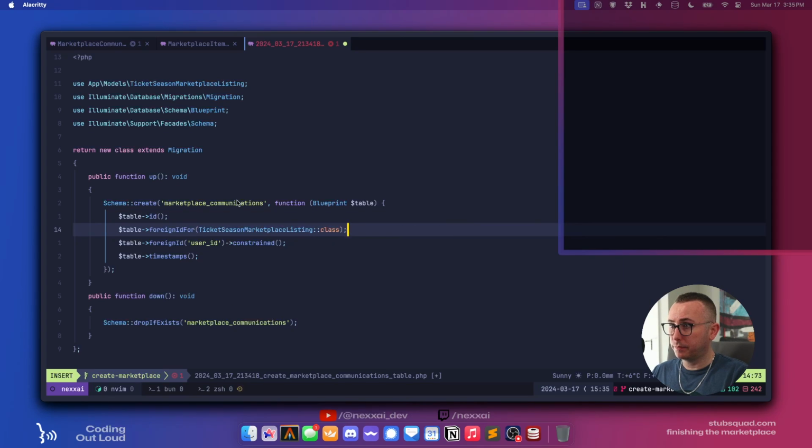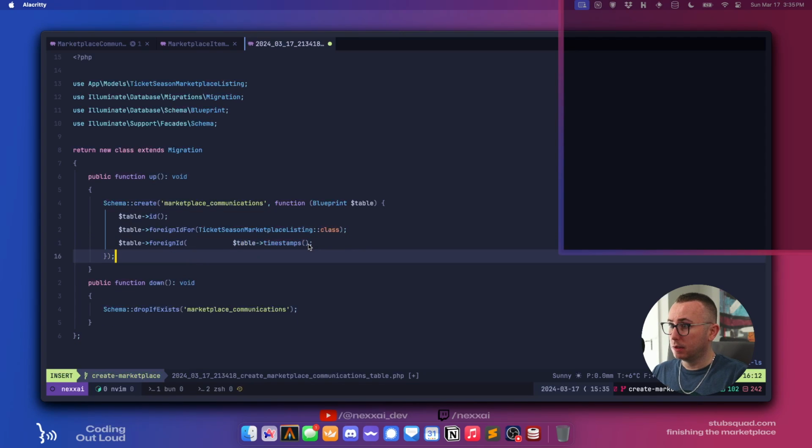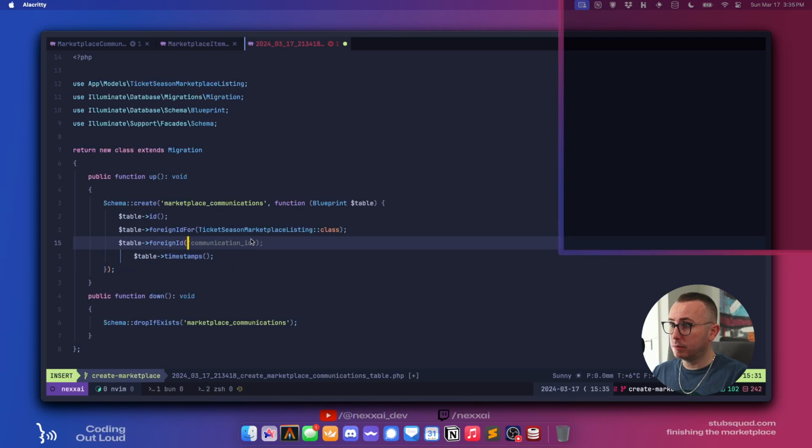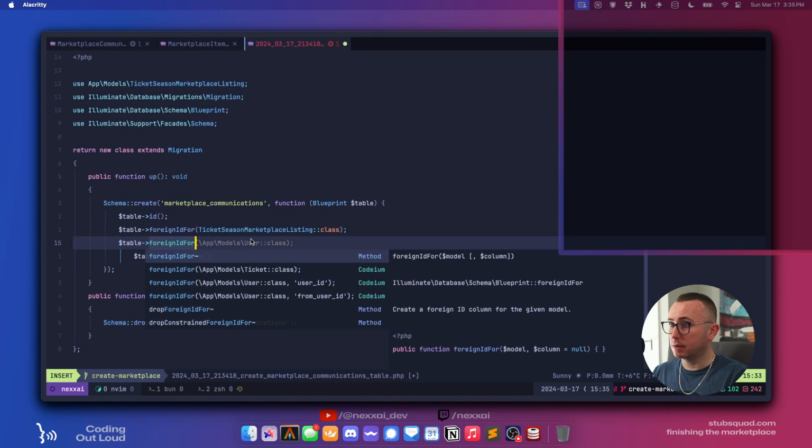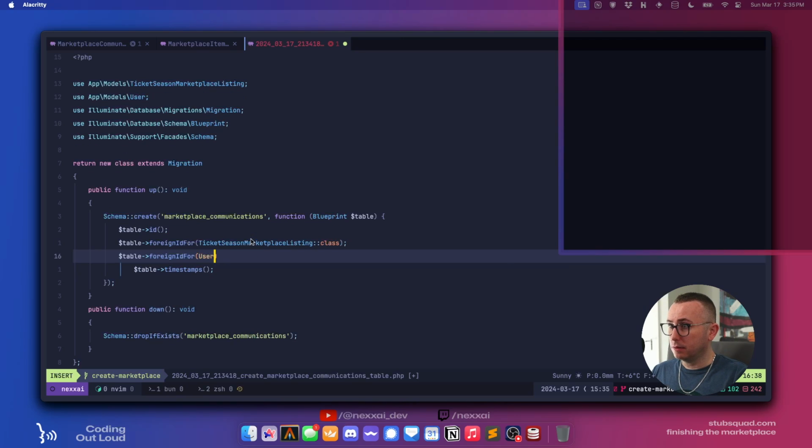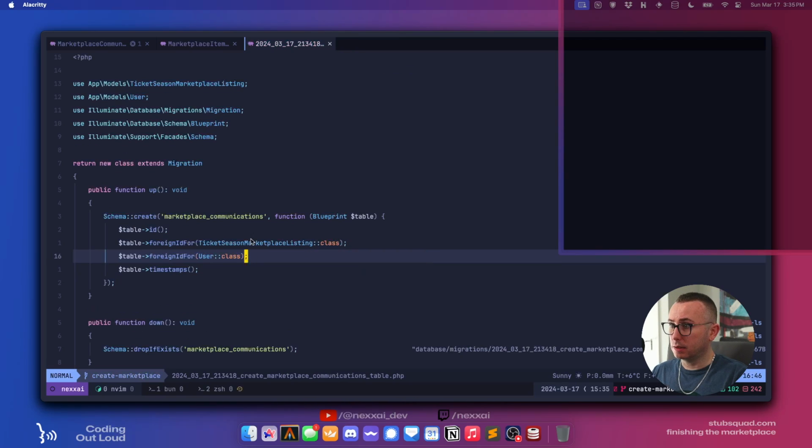Yep. And let's get rid of this. Oh my goodness. Neovim, I swear to goodness. Okay, so foreign ID for user class. Yep.